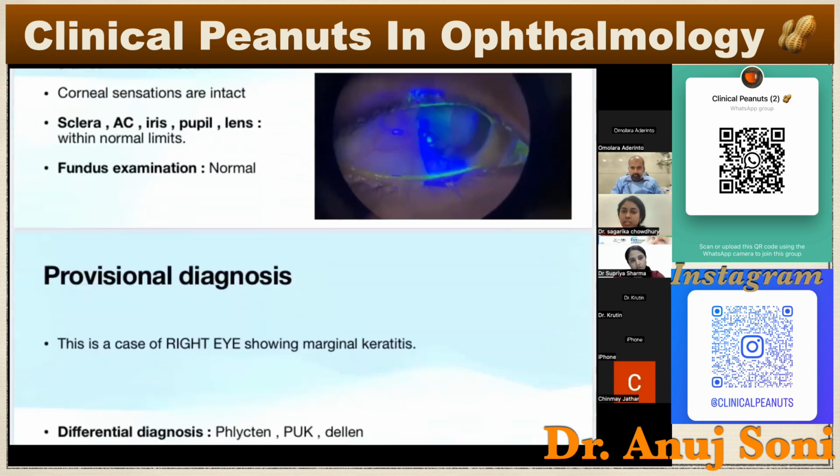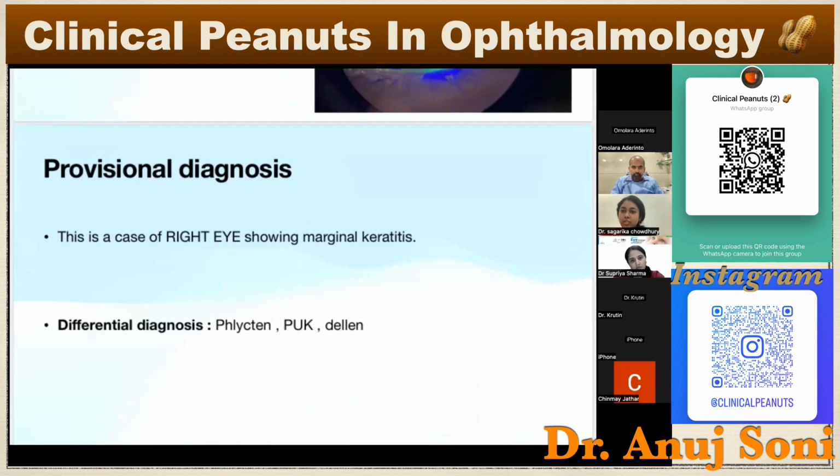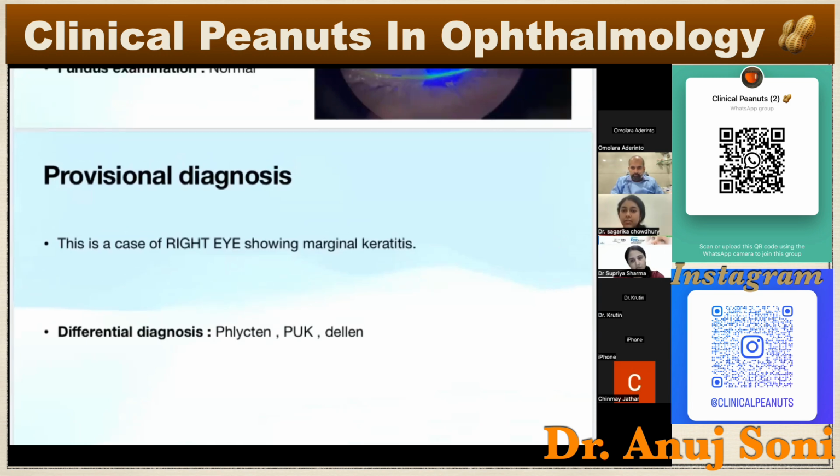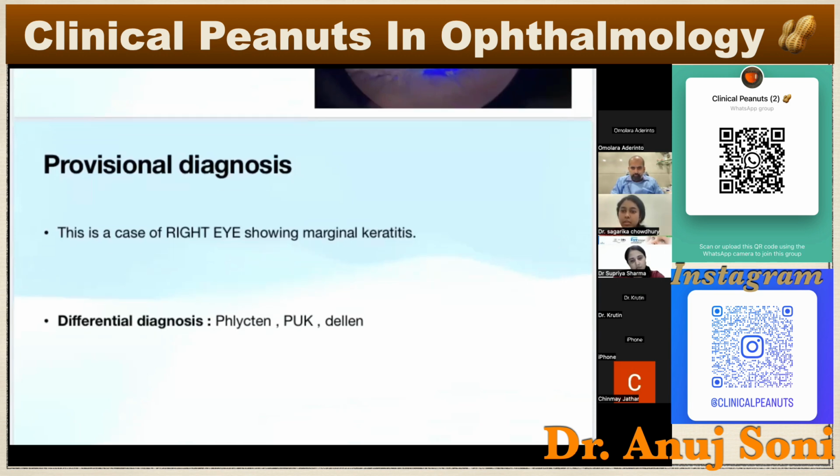So the provisional diagnosis in my case is right eye showing marginal keratitis with differential diagnosis as phlycten, peripheral ulcerative keratitis, and